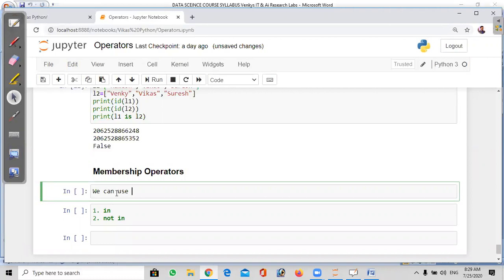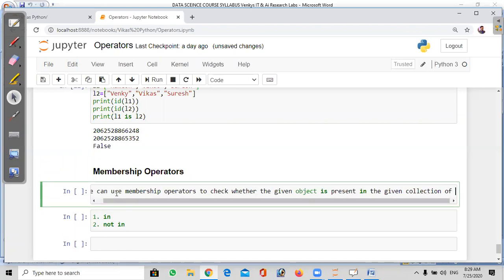So we can use membership operators to check whether the given object is present in the given collection of elements.